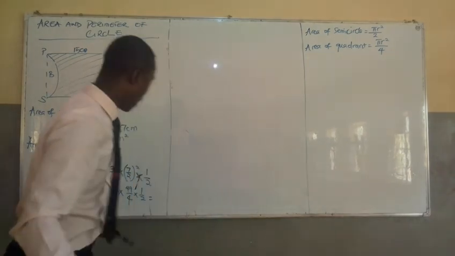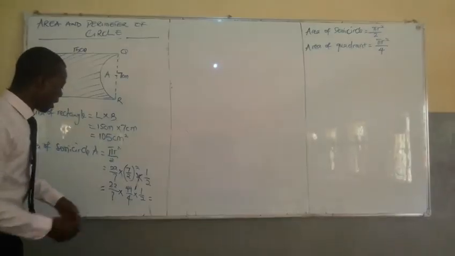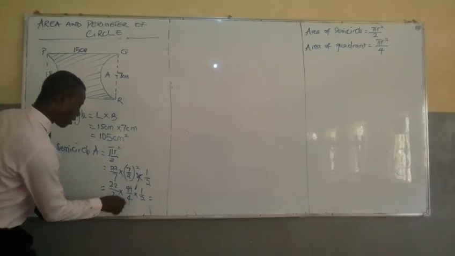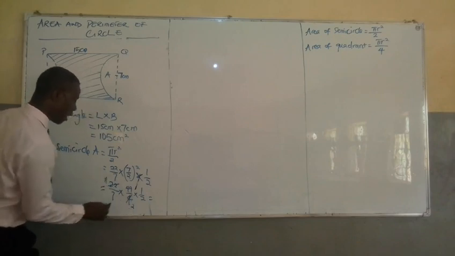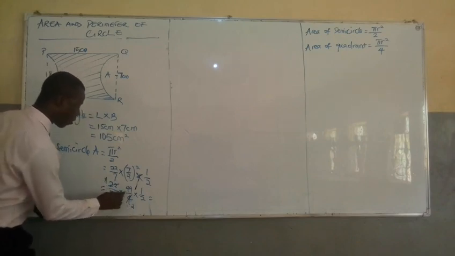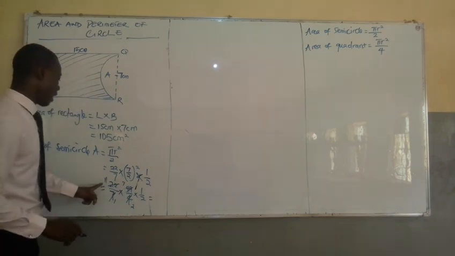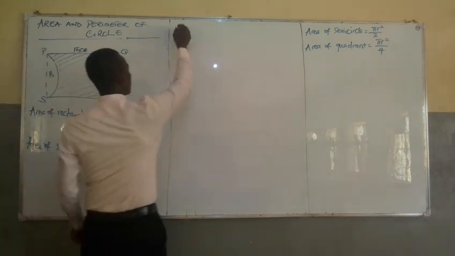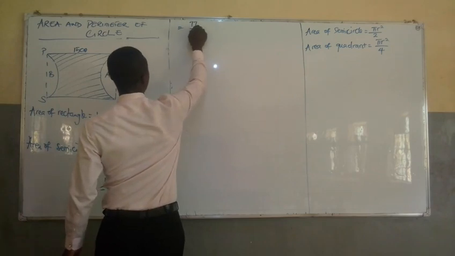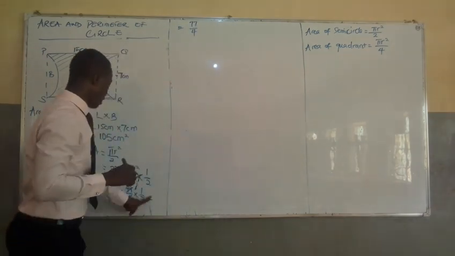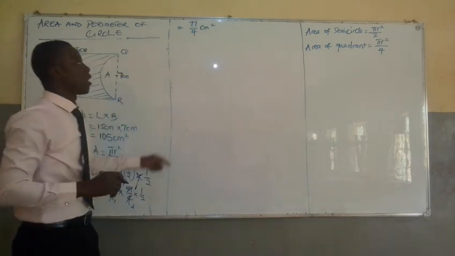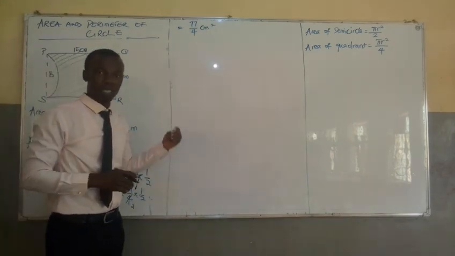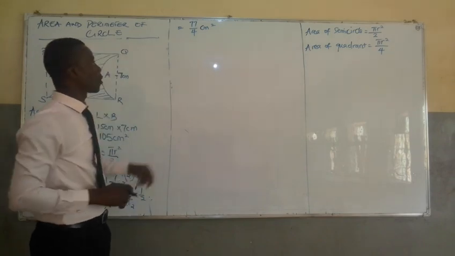Now I have this: 2 here, that's 11, 2 here, that's 2. And 7 here, 1, 7 here, 7. So at the end, I'm going to have 77 divided by 4 centimeter square. You can as well resolve this to a decimal if you wish,